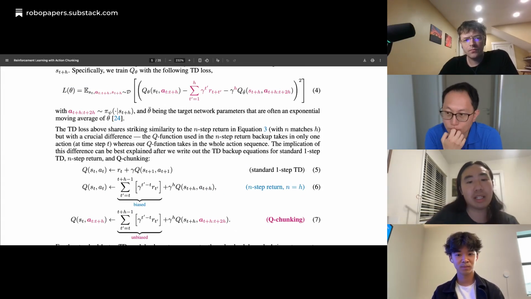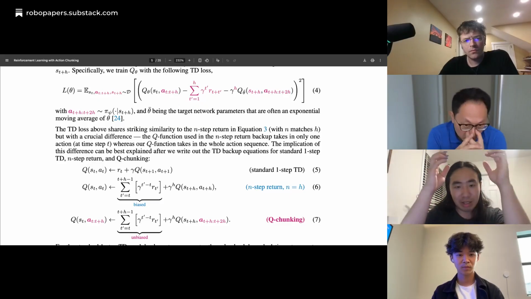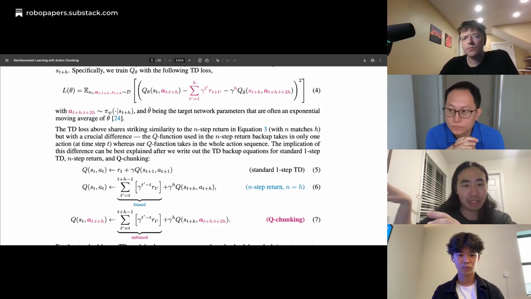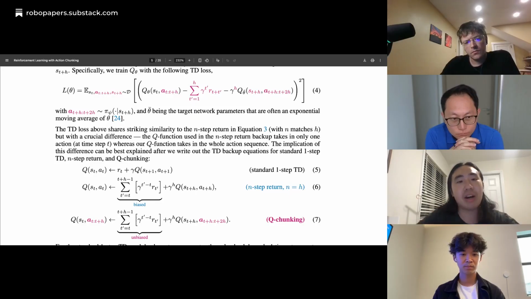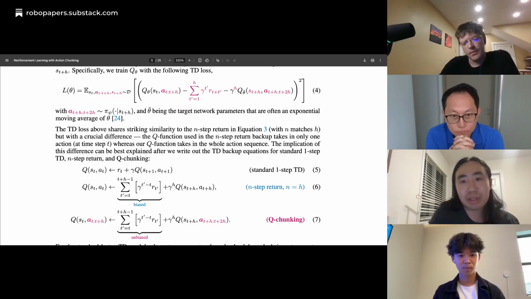Essentially, the intuition here is that if you use the replay buffer transition or the reward to back up your value, you're backing up value that is partly from your behavior policy and partly from your current policy. So you're doing a mixture of both rather than doing it all on your current policy, which is what TD learning is supposed to do.